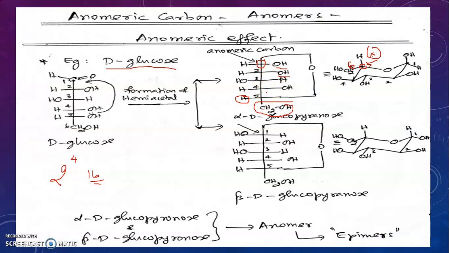We expect 32 isomers, but only 16 exist. Why? Because the configuration of this carbon is locked. Are you able to understand? So in all other chiral carbons, you may have R configuration, S configuration and so on, so you'll get different isomers. But in this carbon, the configuration is fixed. So again, for this cyclic hemiacetal, only 16 isomers are possible. Are you clear?